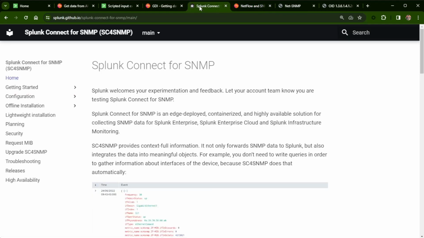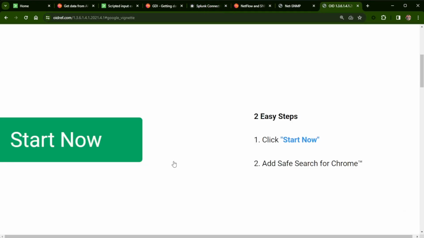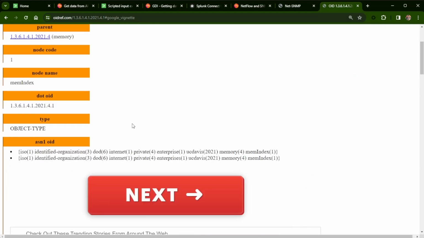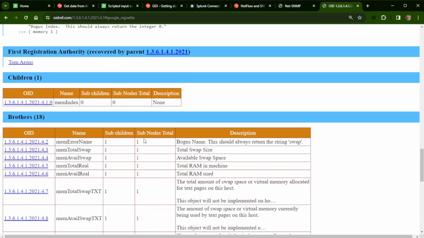And then we do have Splunk Connect for SNMP that the Splunk teams have built, where it deploys a Kubernetes cluster to help you go out there and collect that SNMP data. And then if you ever need to understand what the different OIDs mean, you can come out here, and this is the OID I'm going to be working with,